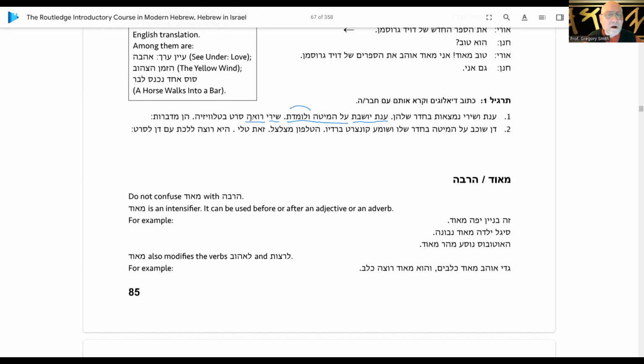Shiri Roa. Shiri is watching a movie on the television. Hen medeberot. Okay, so they are talking. So essentially, what you have to do is practice making up a conversation that they might say with a friend. So if Annette is studying,